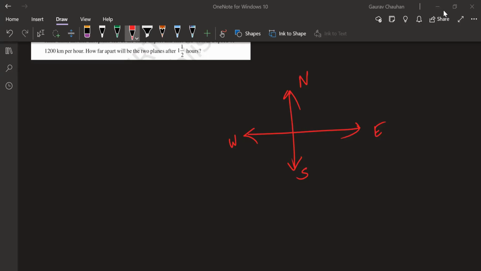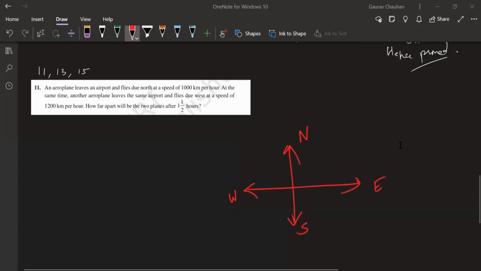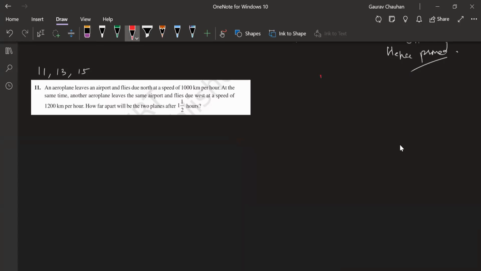All right. We're going to move into this particular question. Whenever you have a question like this, if there is any confusion in your mind, just do this. North, east, west, south. Just draw this and keep it. This is the only thing which you need to memorize, probably. Maybe not even memorize.